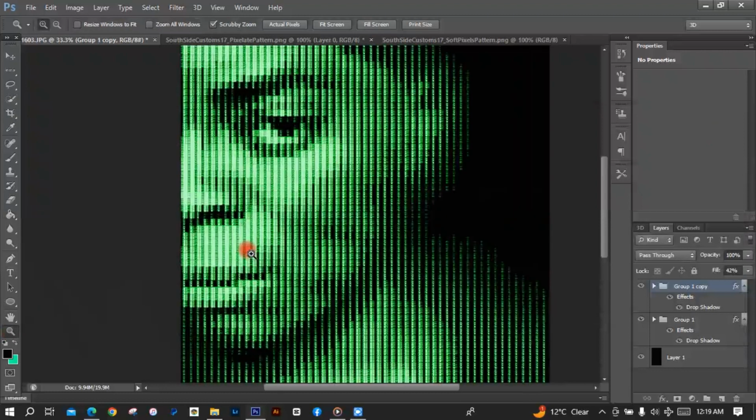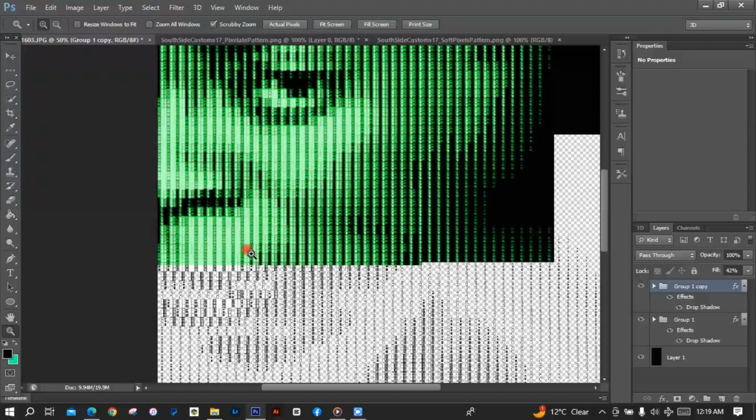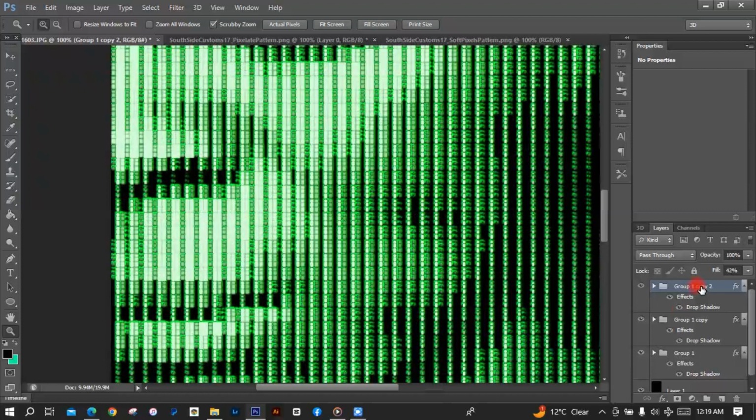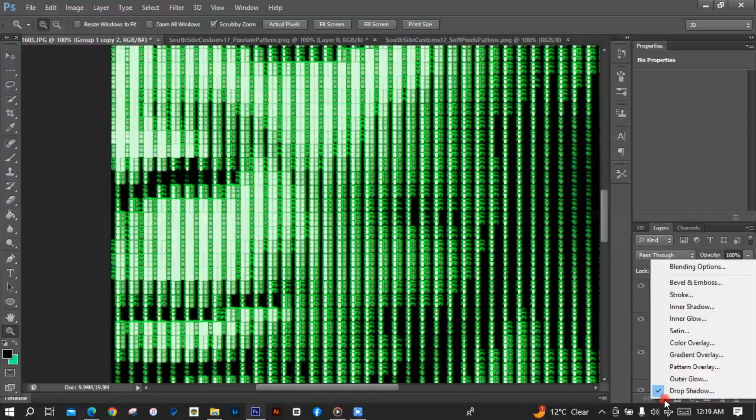Okay, so I'm just going to do a quick zoom in so you could see exactly what the results should look like when you're this far into the project. Then you're going to copy group 1, make a copy of that, and then you're just going to go to FX and repeat the same process we did. You're going to go to drop shadow,